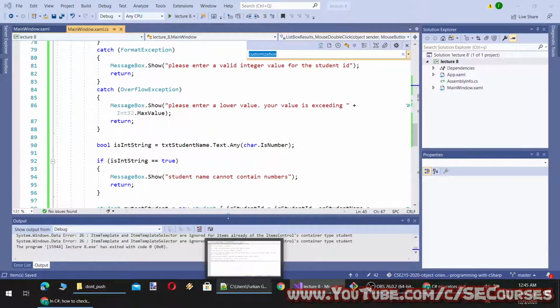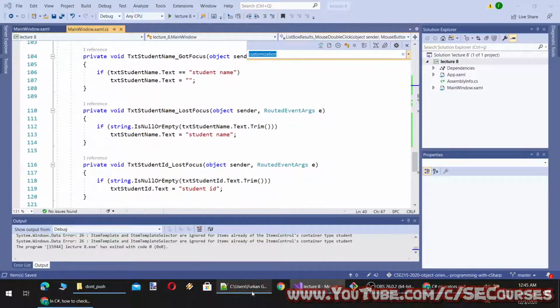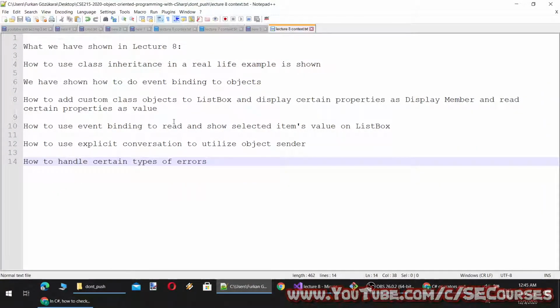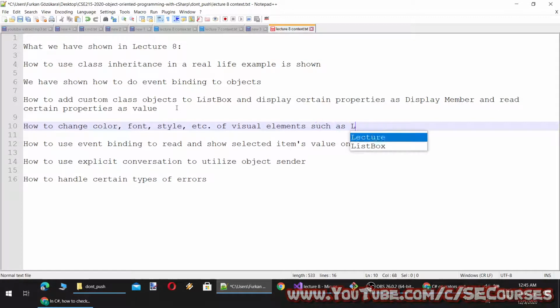Okay, and colors, font, style, and value of visual elements such as list box